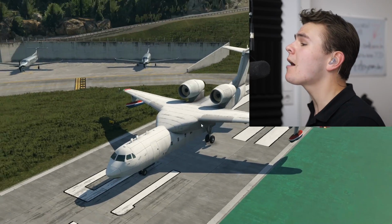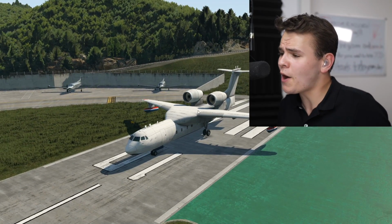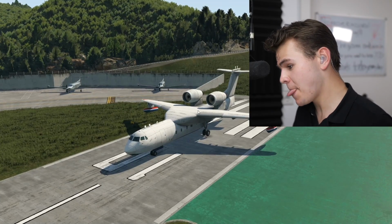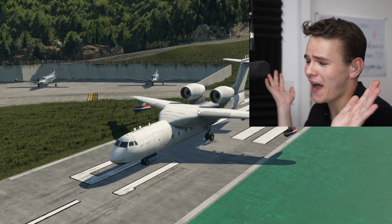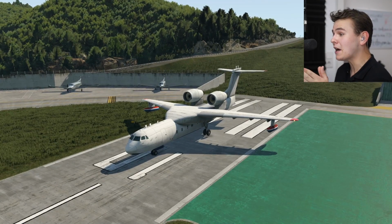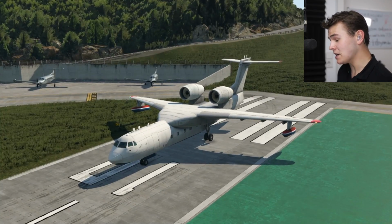Now everybody, sometimes people ask me, well, Swissazer 1, what do you think is the most underrated plane out there? And by the way, no one has ever asked me that before, but scenario. Anyway, what I think is the most underrated plane out there is this one right here, the Beriev